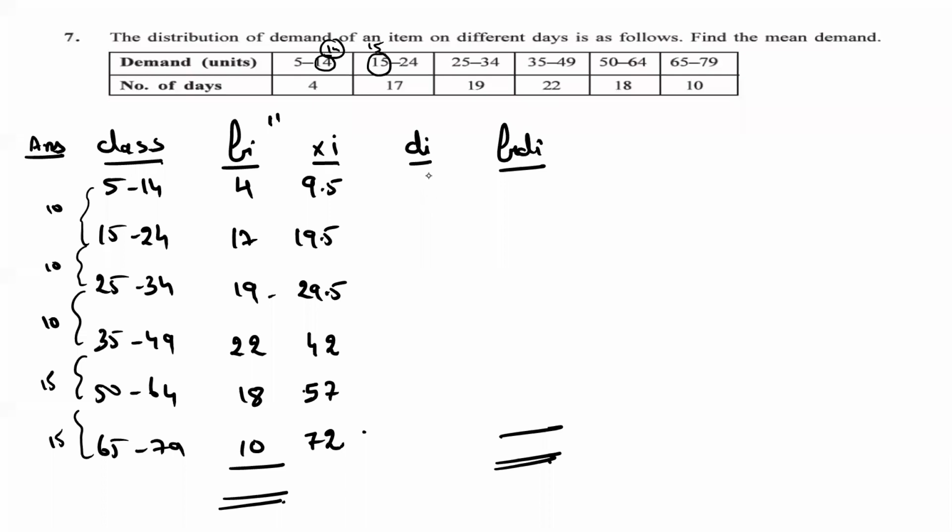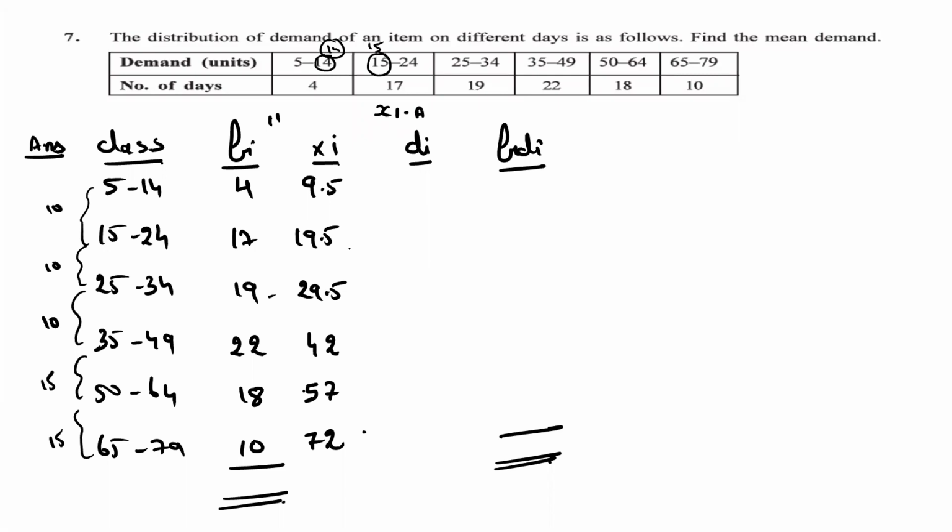Now my DI formula, what I said, roll number 68 has said to me the formula will be xi minus a upon c. That was right when the class lengths are regular. You know what the mistake we have done here. So here my formula will be, can anyone say? DI is equal to xi minus a. Xi minus a, right?